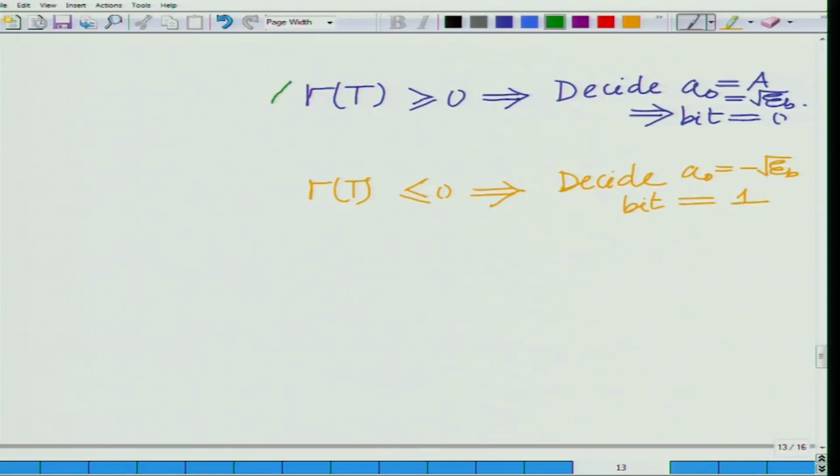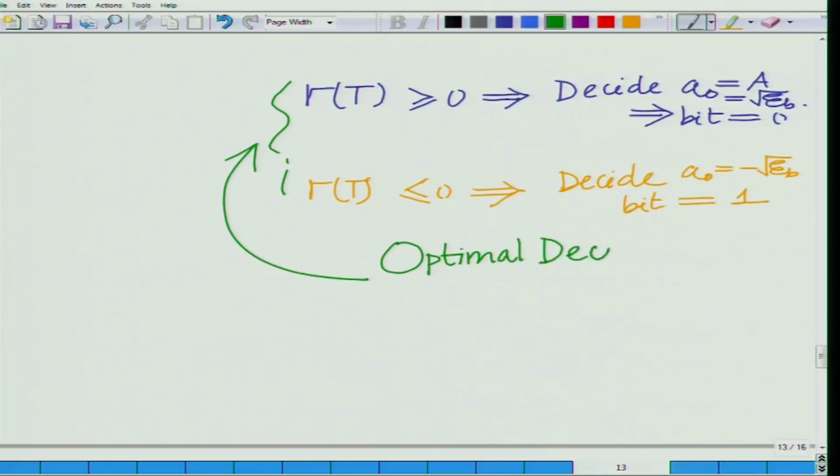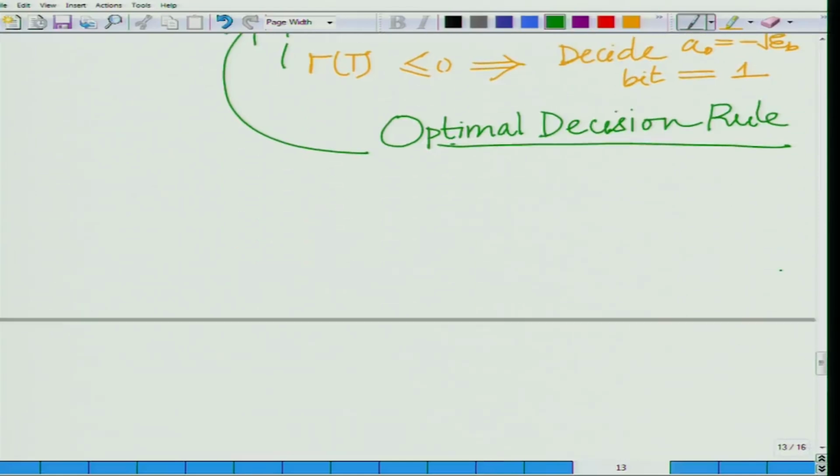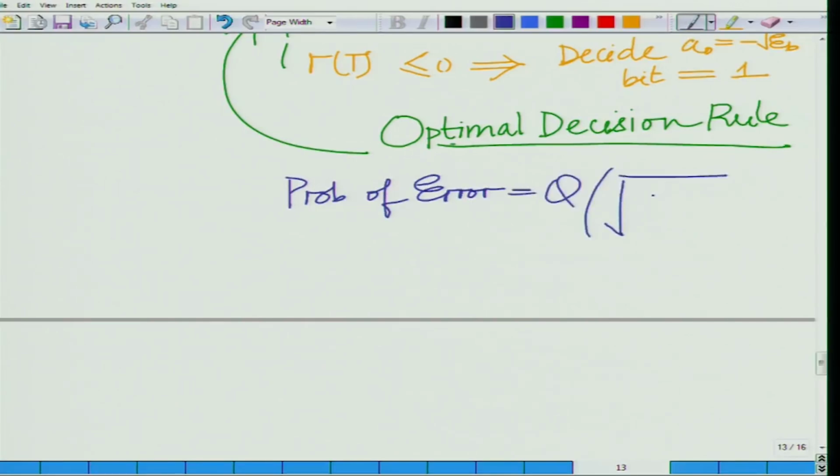Okay. So, this is the decision rule, and we also called this the optimal decision rule, although we did not justify its optimality. You can see by symmetry you cannot have any other decision rule which is optimal. This is the optimal decision rule purely by arguments of symmetry, and the probability of error, that is the probability that 0 will be decided as 1 and 1 will be decided as 0, we have derived that, that is Q of square root of E p A square by N naught by 2,